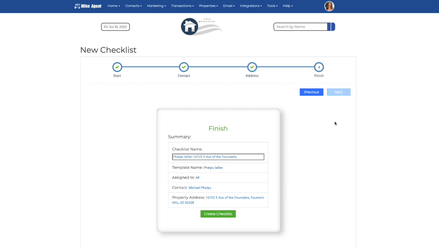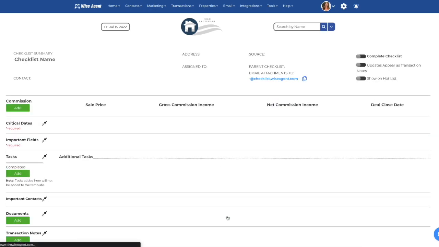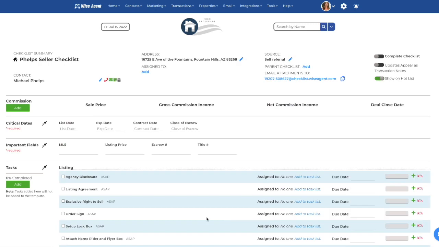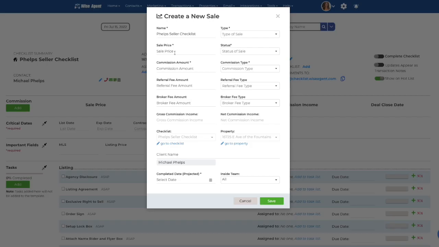Once I've added in all of my new transaction details for my checklist, I can name this transaction, and then I'll go ahead and click on Create Checklist. On this next screen, I'll be able to manage this transaction. I'll be able to add in my potential commissions, and I can start off by putting in the sale price of this property. I can add in my property commission type,